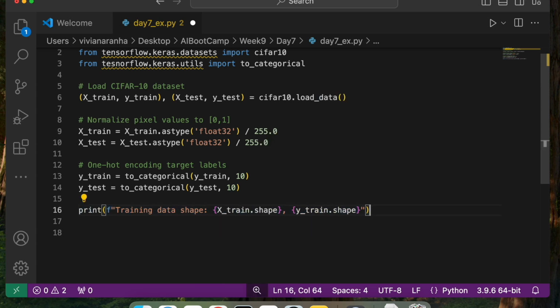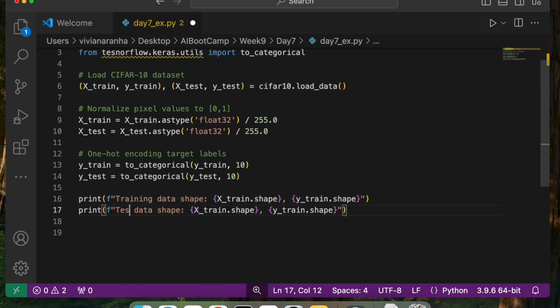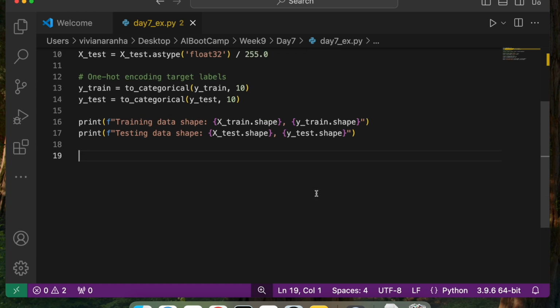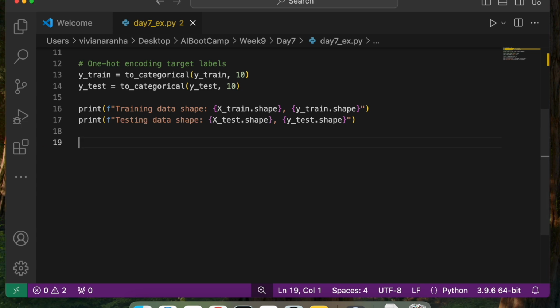So that's my training data. Same thing I can say for testing data shape: x_test, y_test, and give the shape for that. Now I'm not going to print this out because I know the shape of these. So I'm going to just jump into my next step, which is to define a baseline neural network.